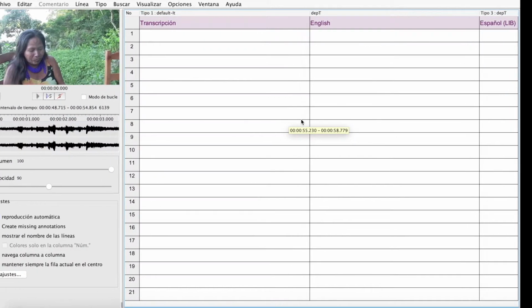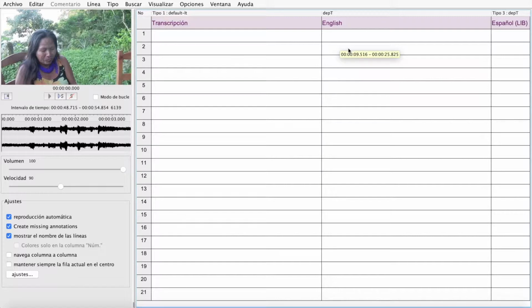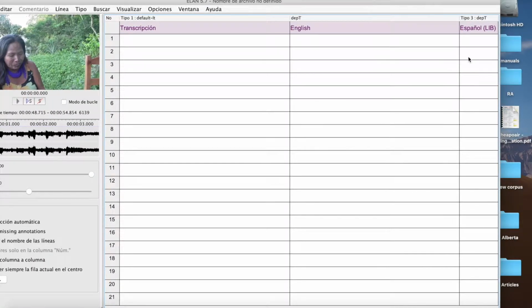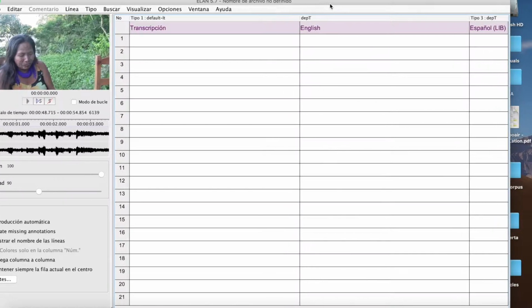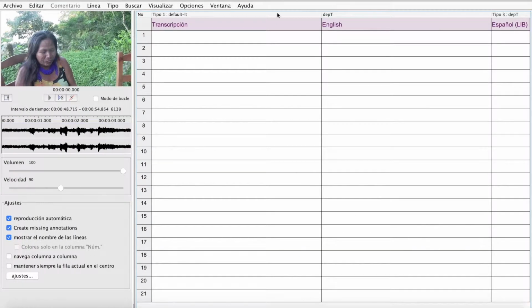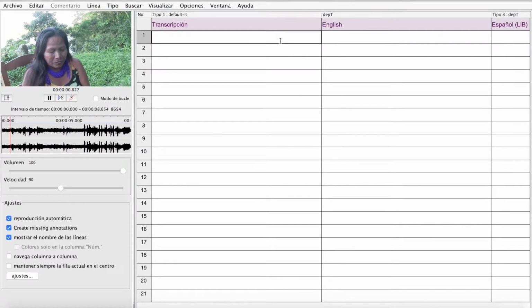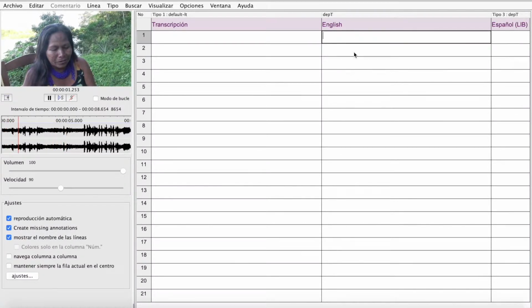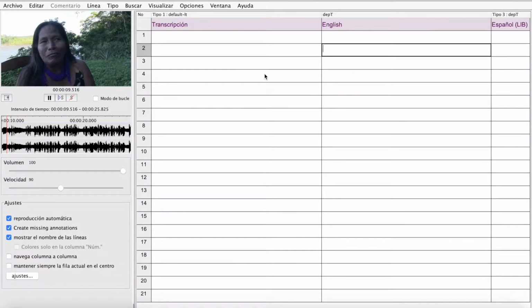Oh, I guess I'll have to choose that there. Okay, here we go. This will do. So transcription, English, and Español Libre, or the Traducción Libre, or the free translation. So again, I'm going to pop out and paste into here the transcription translations I got and jump back in a moment. But you can see I can select each segment, and it'll play a video and audio